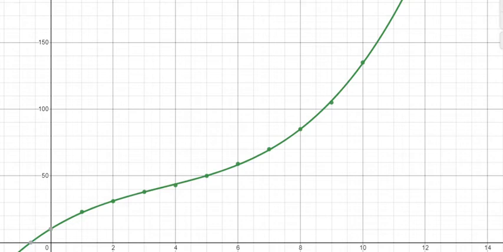I'm going to write these down on my paper in case we come back to it, but then I'm also going to type this in as a function in Desmos. So my function c of x, if I round to say 3 decimal places, would be